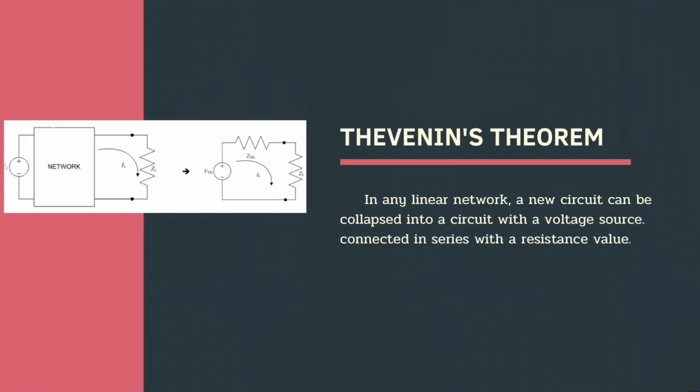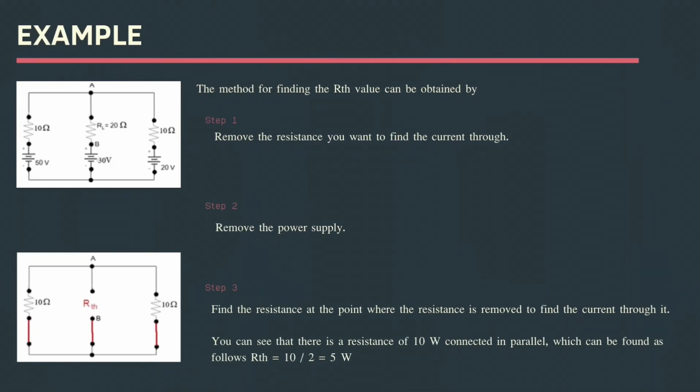And next, Thevenin theorem. Any linear network can be collapsed into a circuit with a voltage source connected in series with a resistance value. In this example, the method for finding the RTH value is as follows. Step 1. Remove the resistance you want to find the current through,